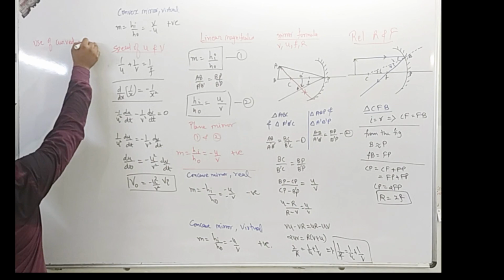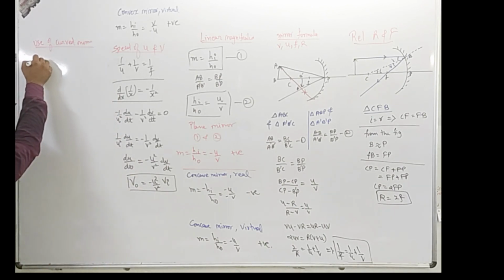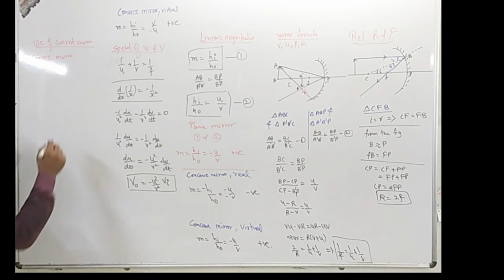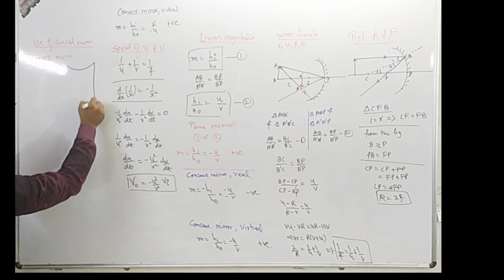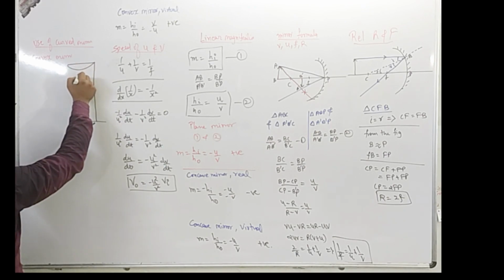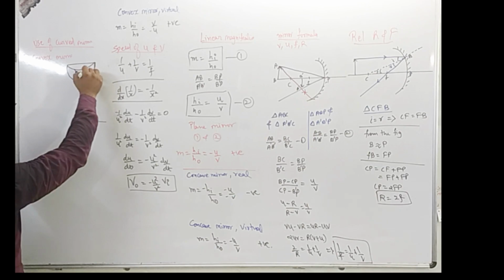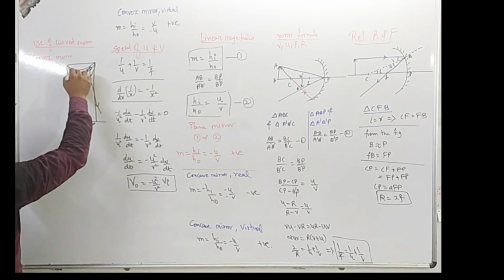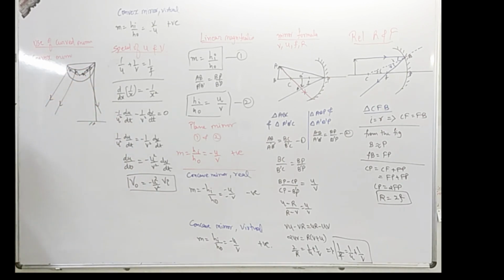Curved mirror, the first use I would like to discuss is of a convex mirror. Convex mirror is used in street lights. So if I draw the diagram, street light is somewhat like this. So here you have a convex mirror, right? And then exactly here at the focus you have a bulb, and this is a glass covering. Whatever rays are given out from the bulb will strike the mirror, and the convex mirror, being the diverging mirror, will spread the light to a wider area. So convex mirrors are used as reflectors in street lights. They brighten up the area.